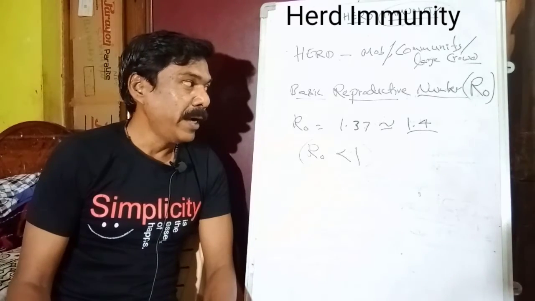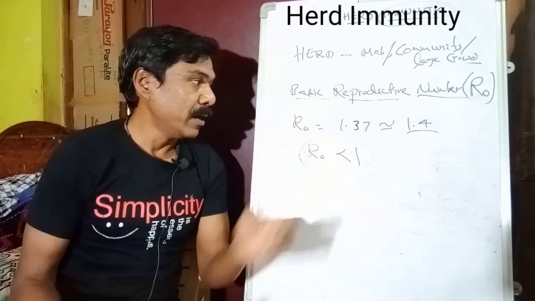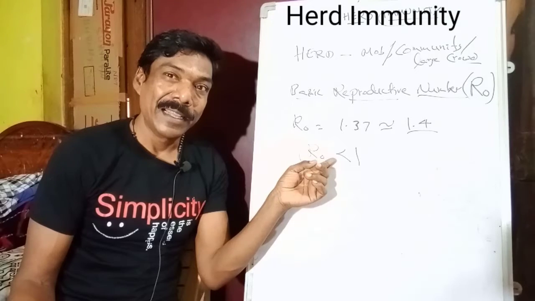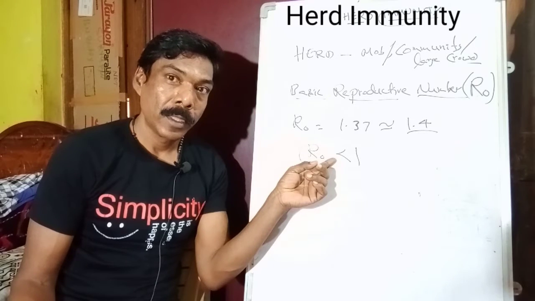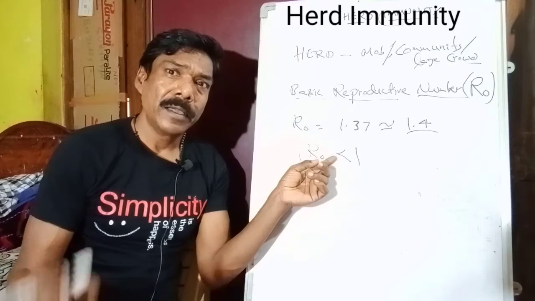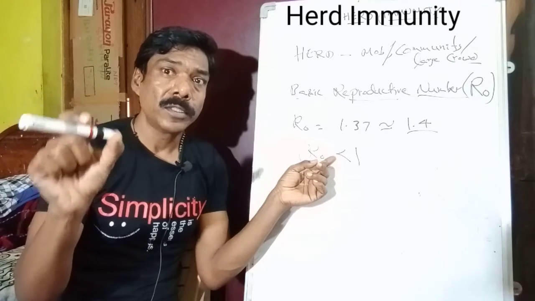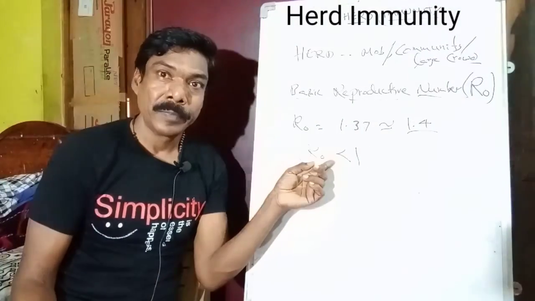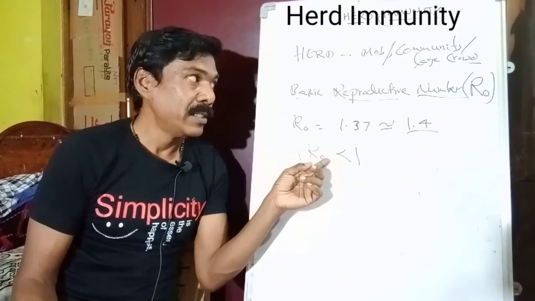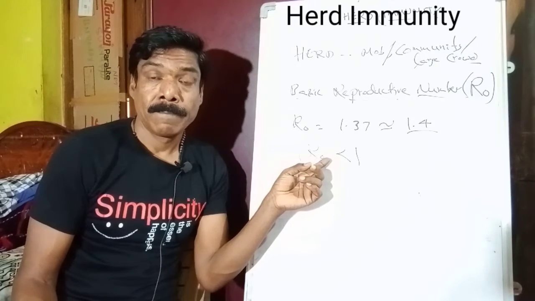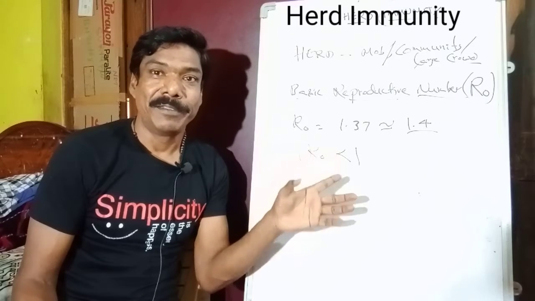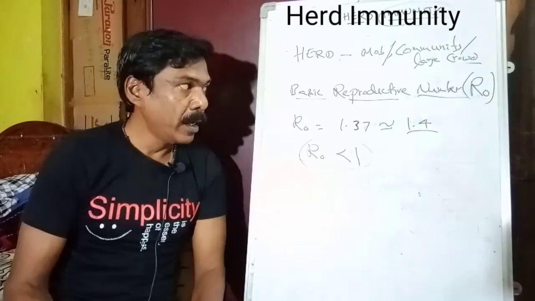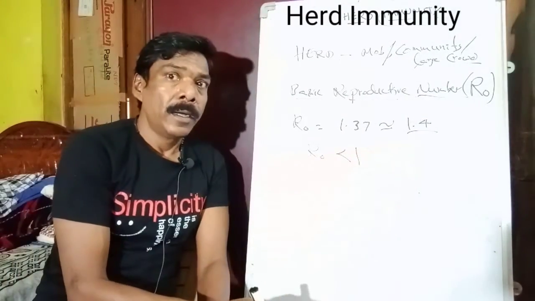Okay, so now the goal is to bring the basic reproductive number R naught slightly less than 1, and with minimal loss of lives of the people. That is very important. So we have to bring this basic reproductive number less than 1 without losing more lives. How can we bring this down? Say for example, now this is the number 1.4. That means